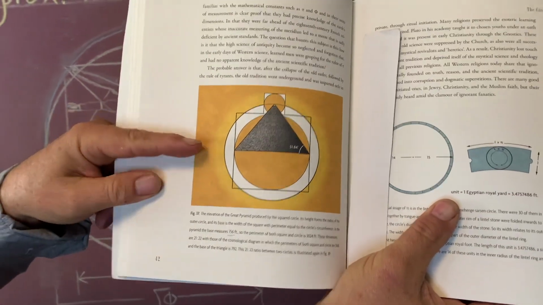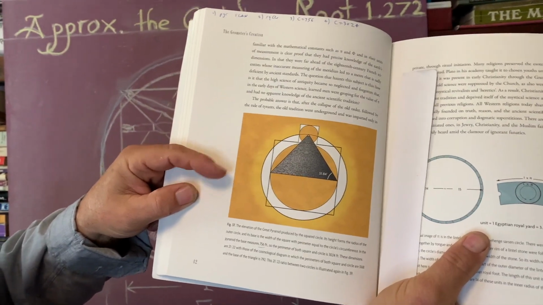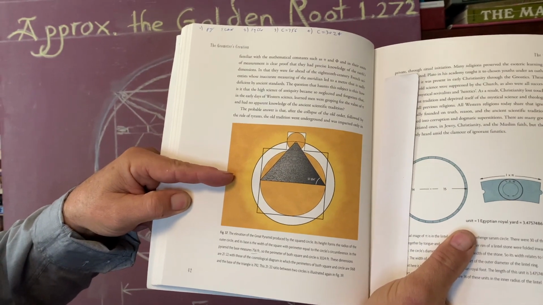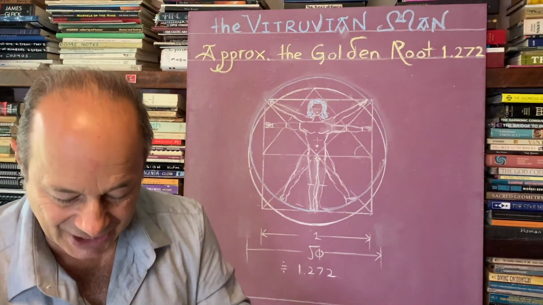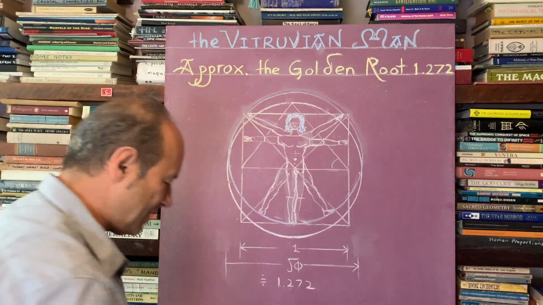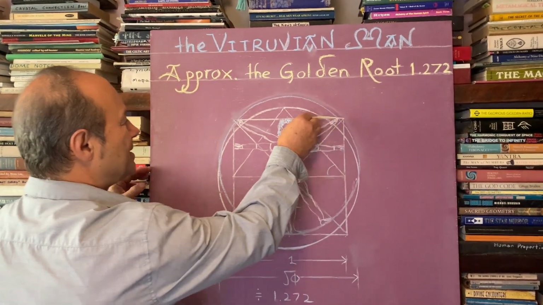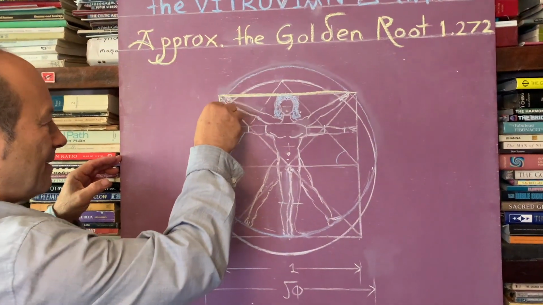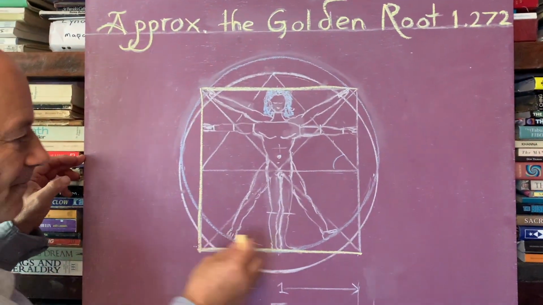So when you see this diagram here, it's not equal areas, it's called equal perimeters. So the square is equal to the circle going around it. And that's called the rectification of the square. So let's look at the square. So I'm going to draw that in yellow here. So this square, we'll call it 1 by 1. If this is 1 unit,